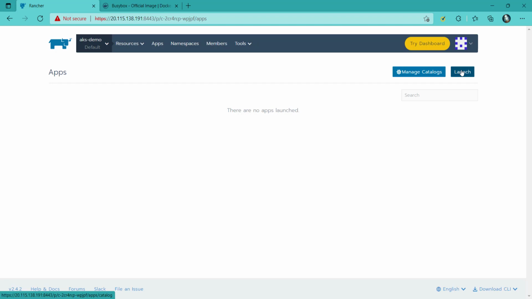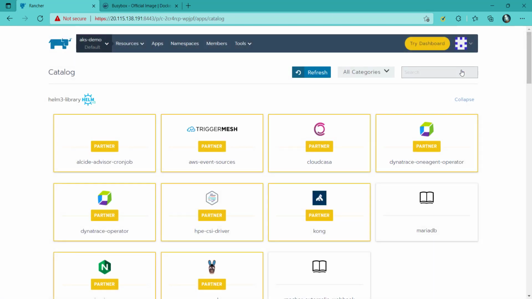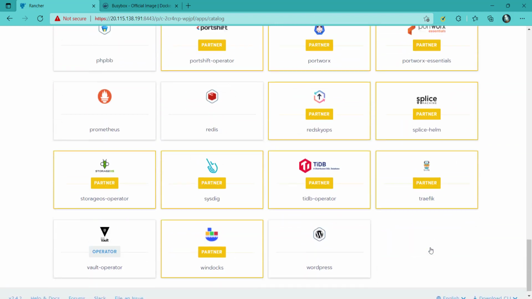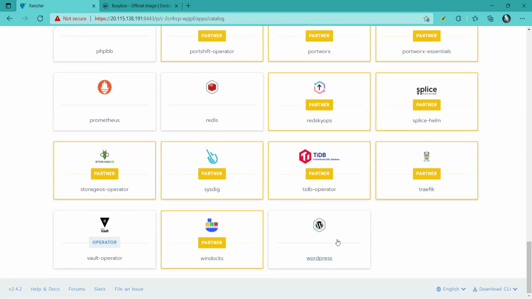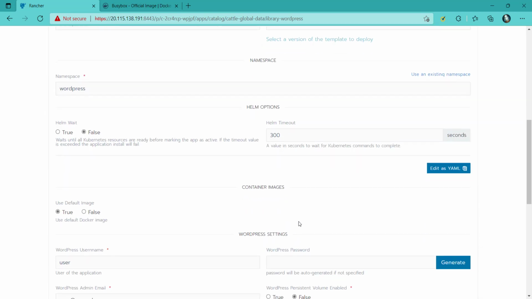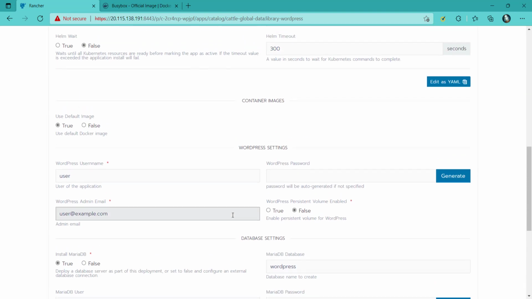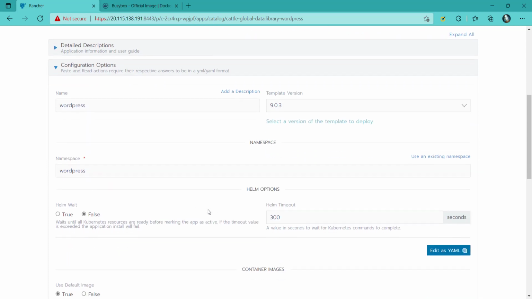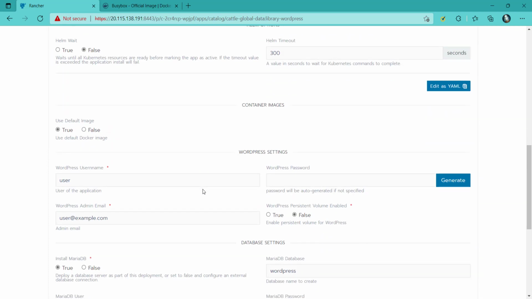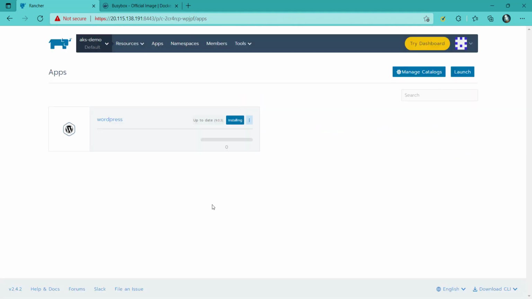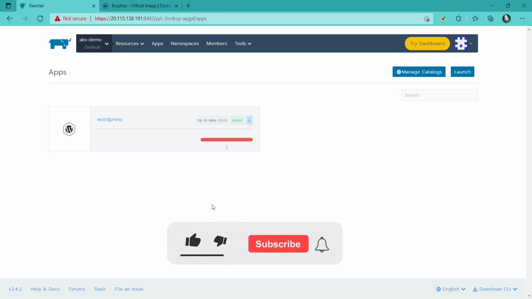Let's say you want to onboard a WordPress application. I would click here on the launch button. That will show the Helm library applications which are available right here. Let's install the WordPress application very quickly from the template. If I select a WordPress application onto the namespace, as you can see, with the help of a single click, I'm able to launch the WordPress Helm library application onto my